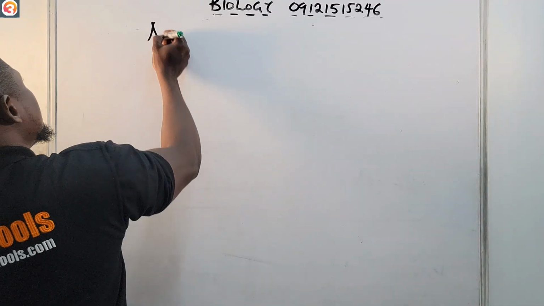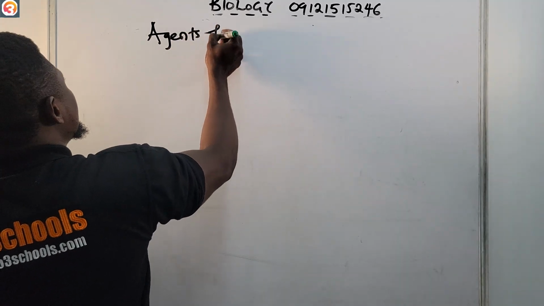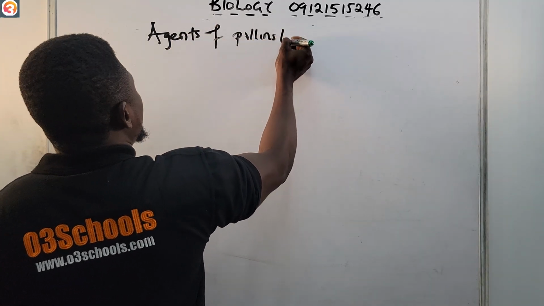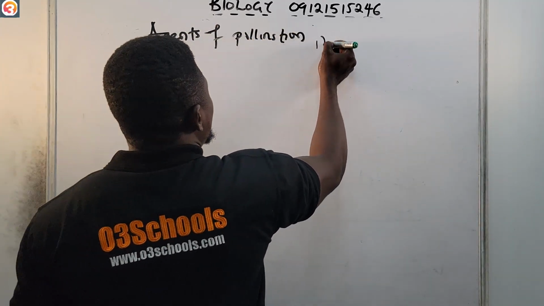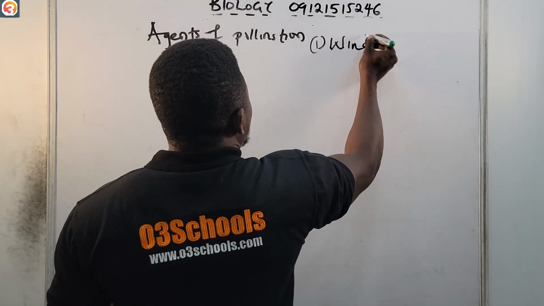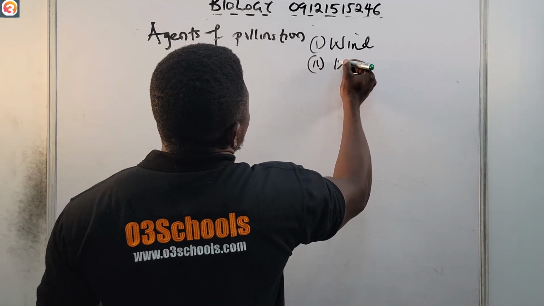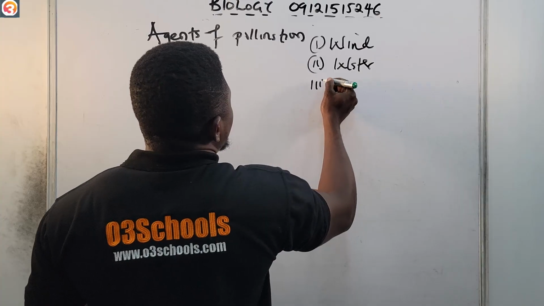So number one, agents of pollination. One, we have wind. Two, we have water. Three, we have